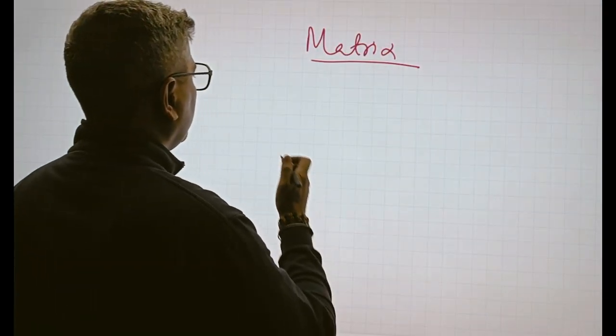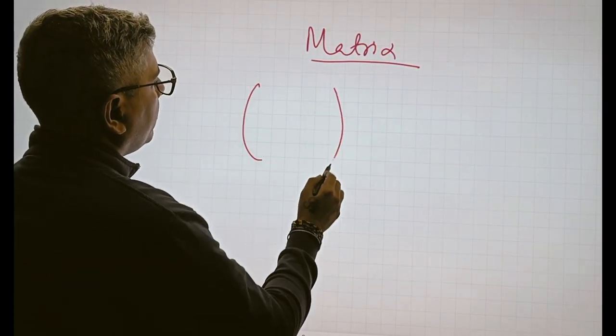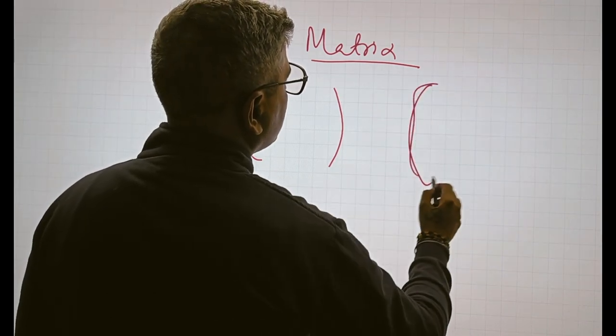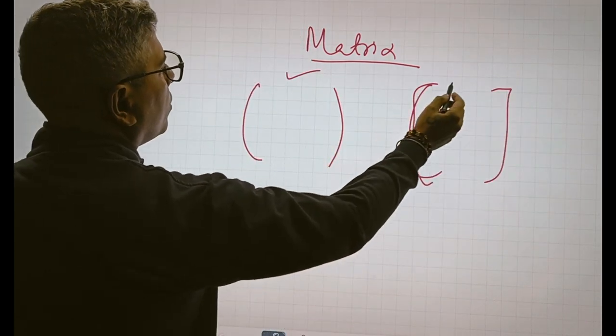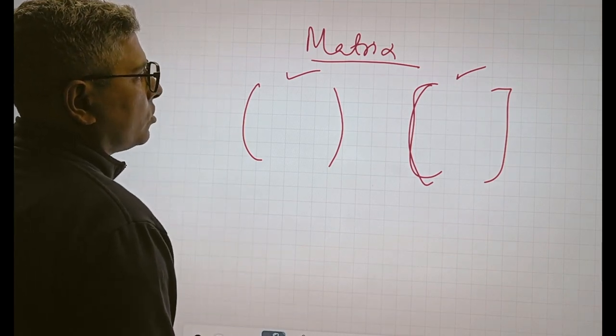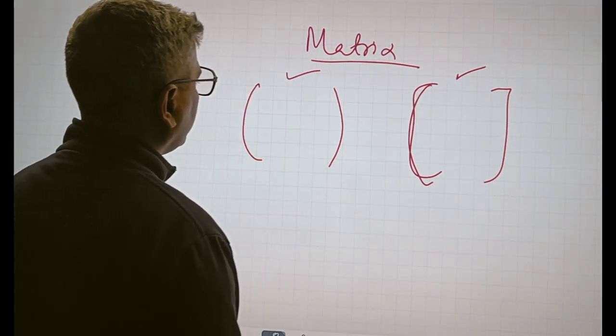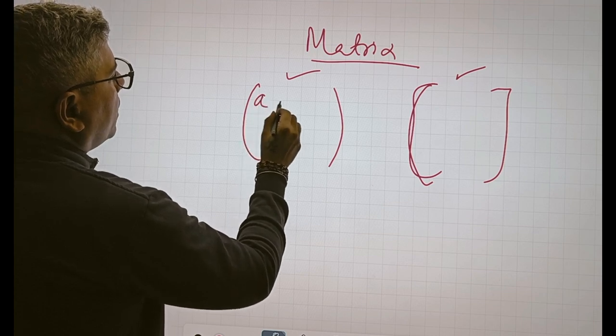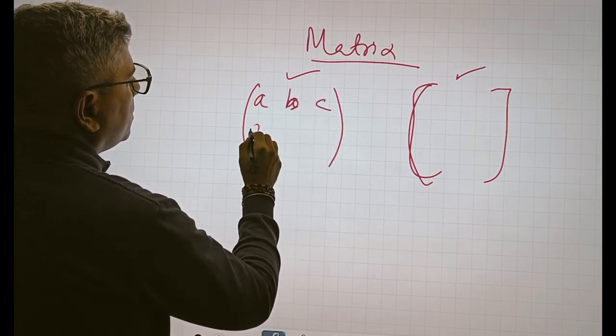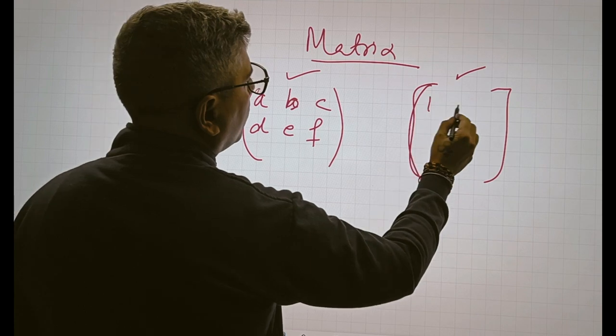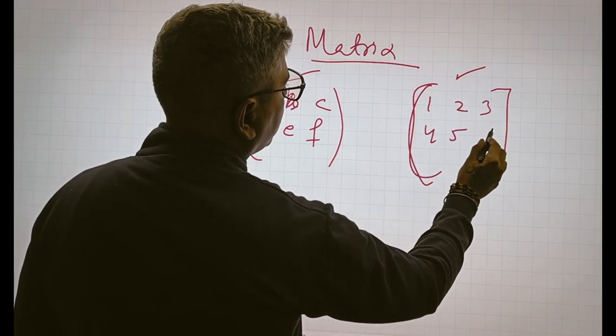Matrix is a two-dimensional data structure in R which contains elements of the same data type, that is numeric, character or boolean. So let's understand this concept here. A matrix can be in the form of small brackets or maybe square brackets. This concept you must have studied in your senior secondary classes. Matrix elements are written this way: A, B, C, D, E, F, or 1, 2, 3, 4, 5, 6,